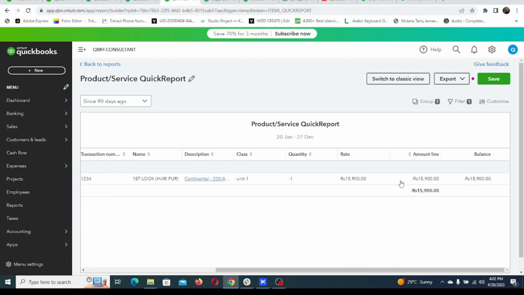So that's it. You can see the impact of that transaction. Yes, this has been reduced. We do not have the opening balance, so the inventory has gone down below zero. That definitely will not be the case in practical life. So you can understand its whole impact, the reason for the transaction, the impact of the transaction, and how it has been reported. So that's all from my